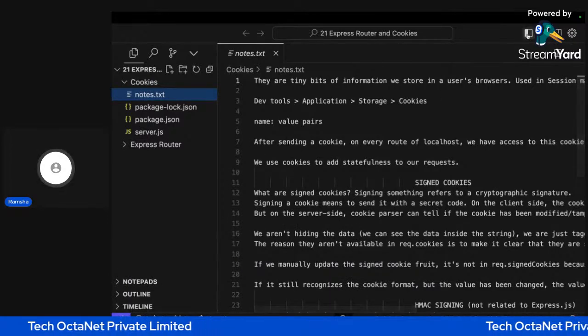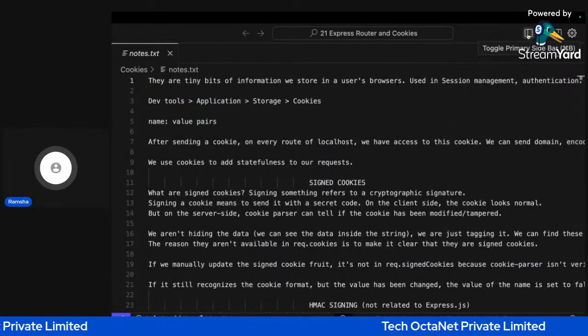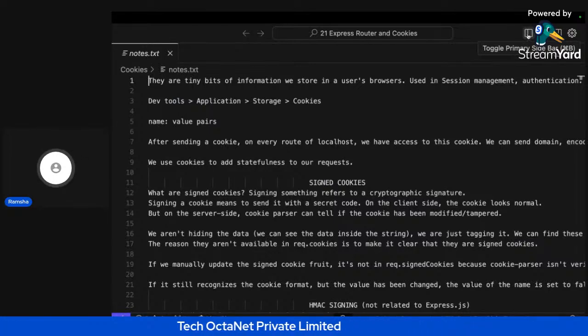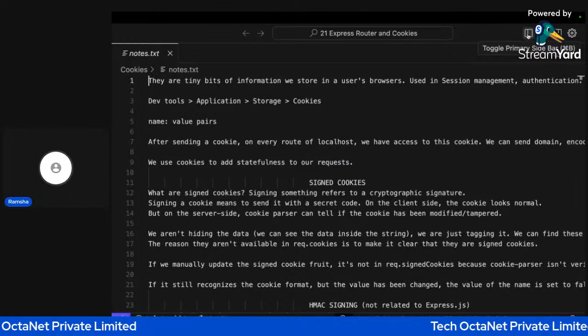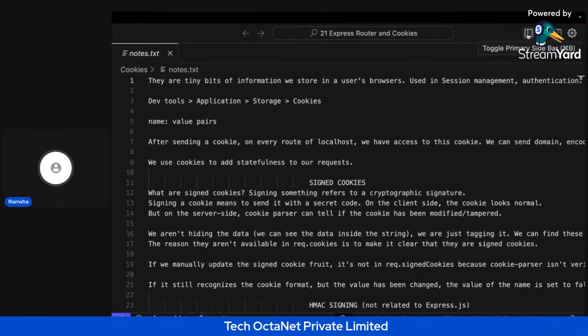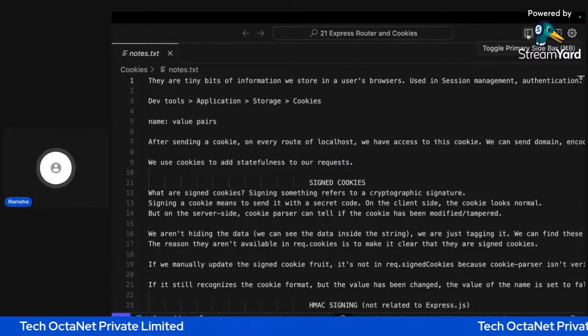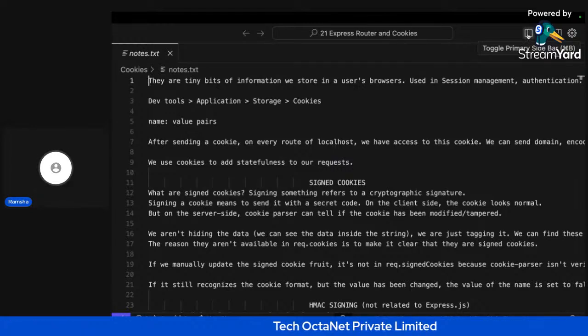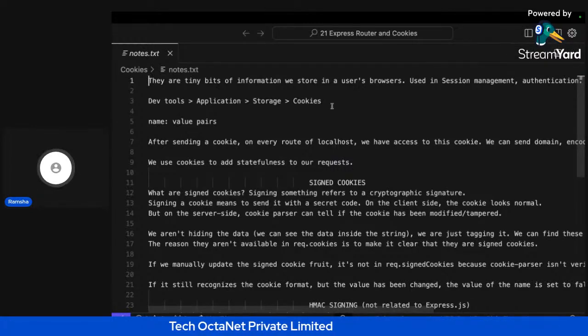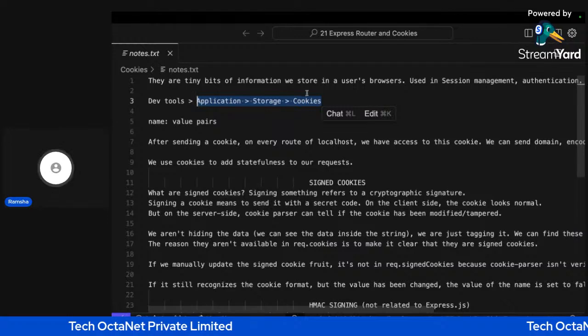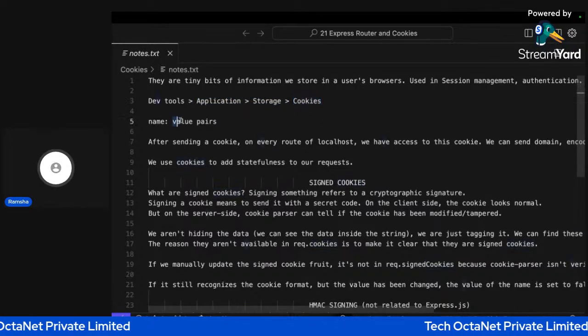Okay, so now cookies. You might have heard about cookies on a lot of web pages, like accept the cookies on this particular web page or reject the cookies. So what exactly are these? They are session management and authentication applications that we use in a browser. They are tiny bits of information that we store on the user's browser, and they are used in session management and authentication and everything. Now, if we go to developer tools, application, storage, and cookies, then we will get